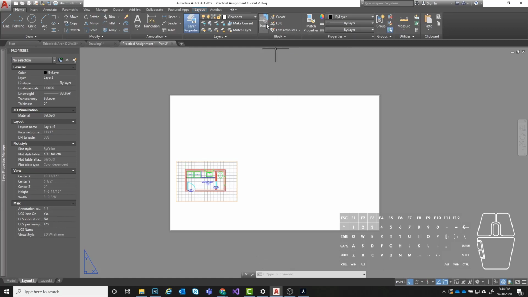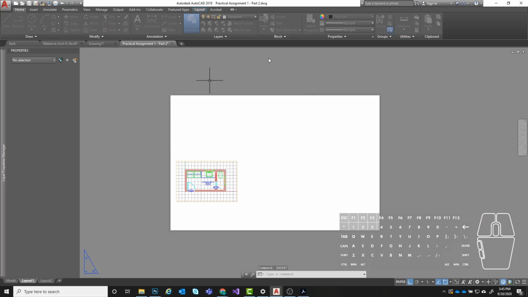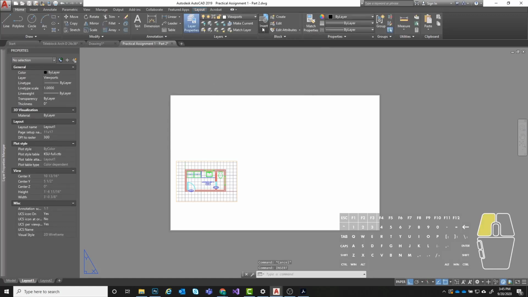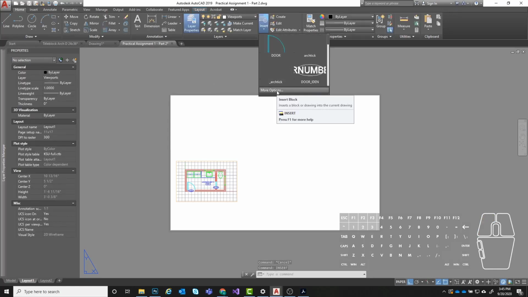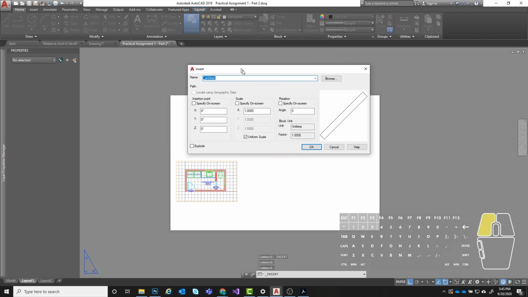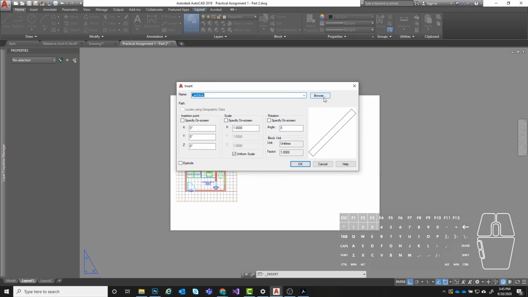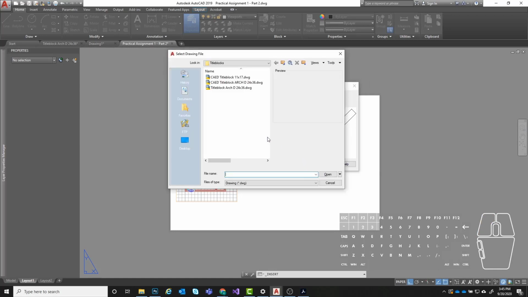And you want to find this insert button here. So where it says insert block, click on that. You can also type in the insert command too. That'll do the same thing. All right, so if you either type an insert or you go here to block or insert, and from here you'd want to click on more options, but that takes you to the same dialog box as just typing in insert. When you get to this, you want to click on the browse button, and you want to navigate to